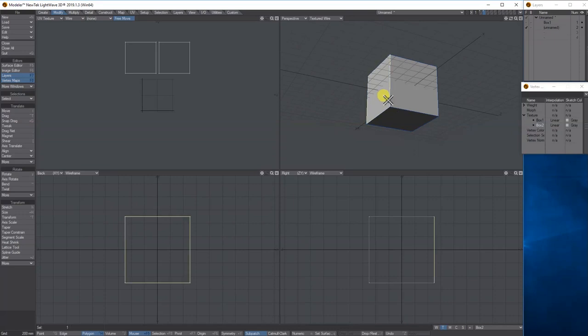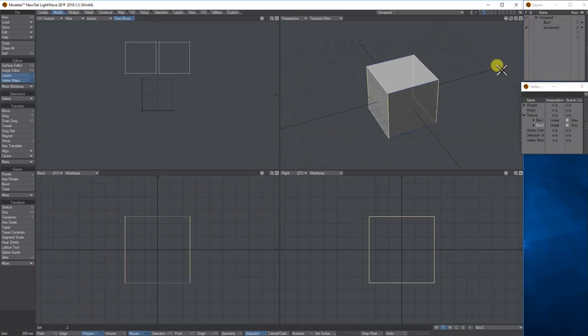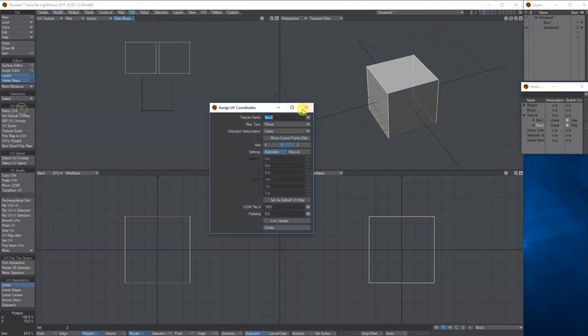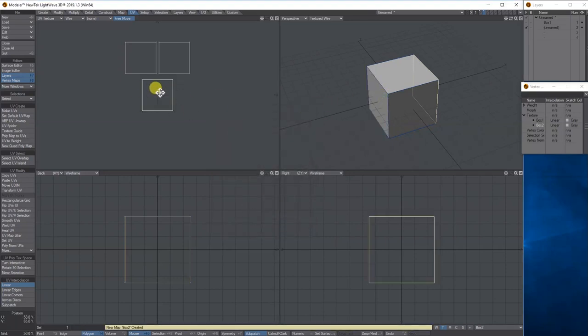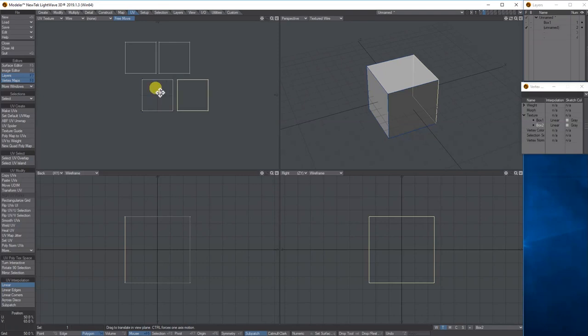Next let's do the sides. So if I choose this one, you can see, look, the dark line, it's running through the X. So go to UV, make UV. I'm not giving it a new name because I want it to be part of this one. I'm going to change it to the X, live update, and again you get them on top of each other. So if I deselect one, move it to the side, you've got both your side polygons there.